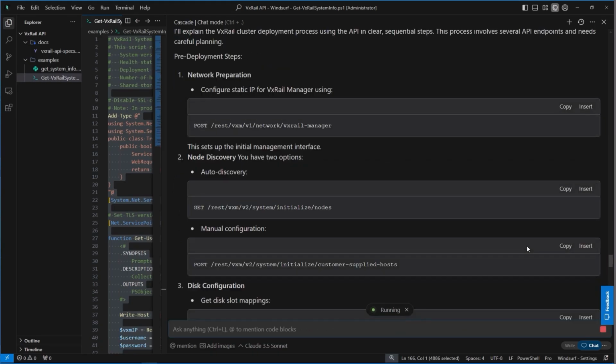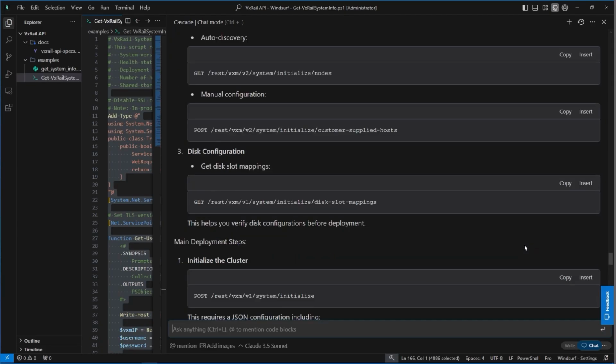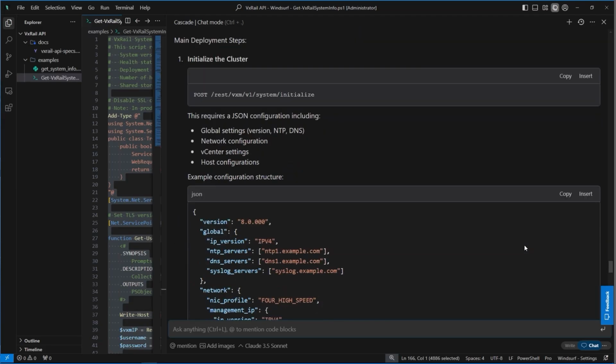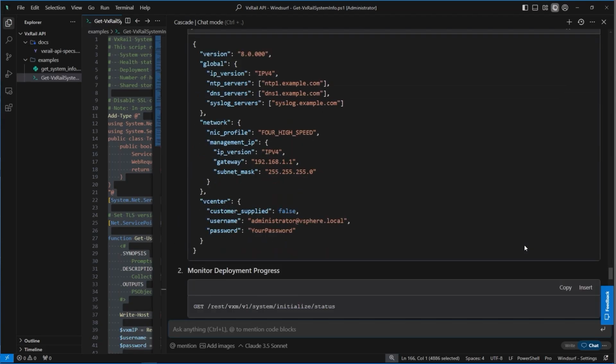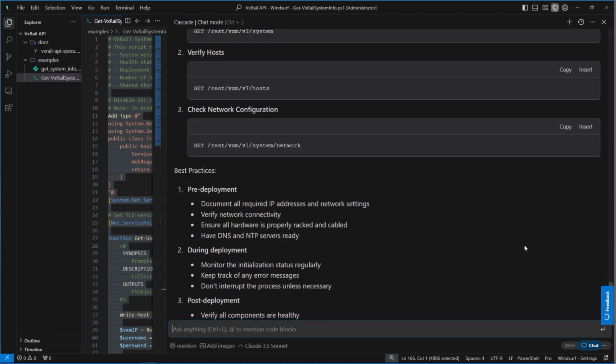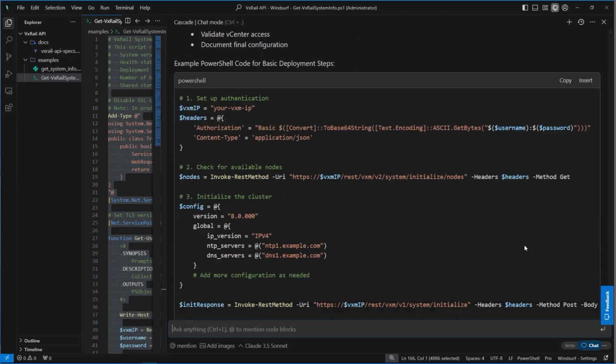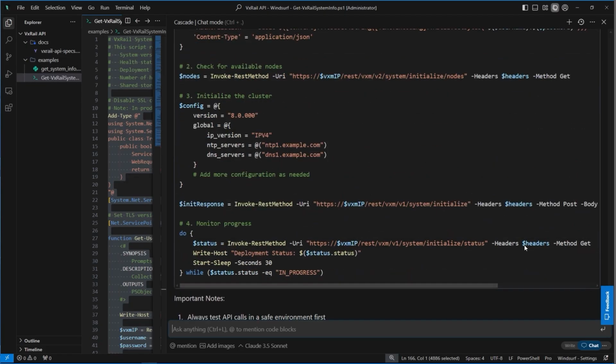Assume that I don't have much experience with it. What's great is that the model, based on the API specification, was intelligent enough to connect the required steps. In this case, various pre-deployment, main deployment and post-deployment tasks were provided, and additional best practices were provided for each stage.